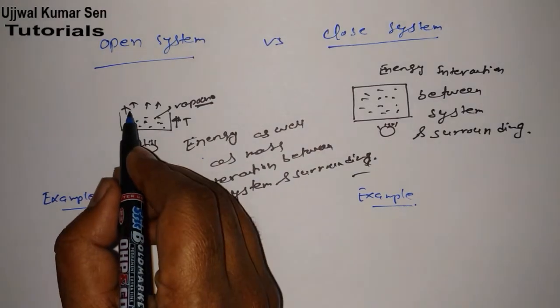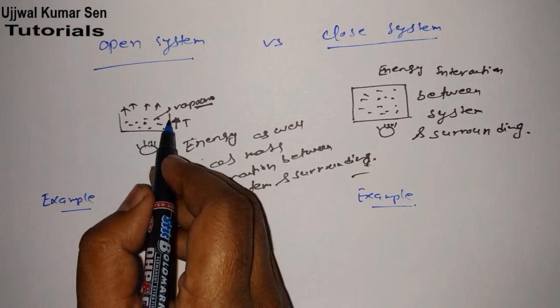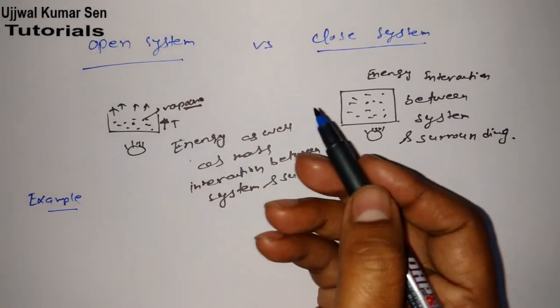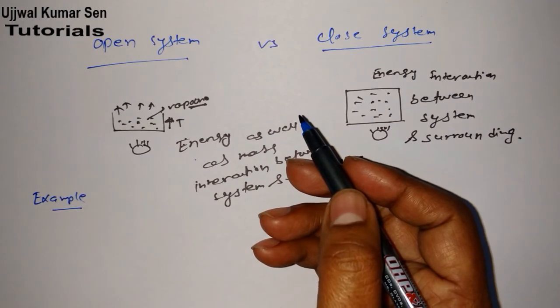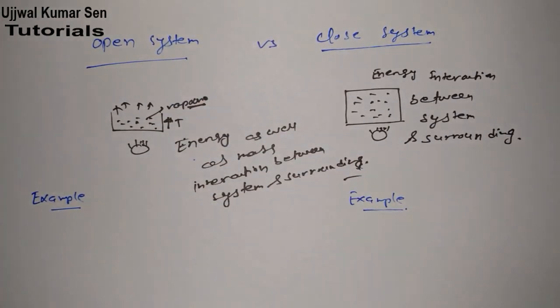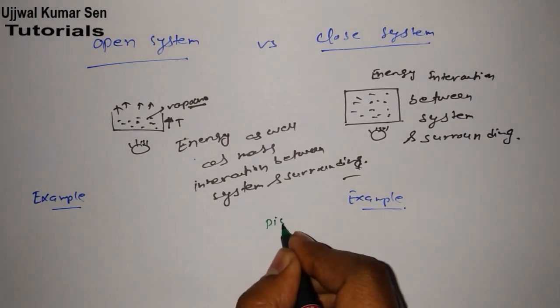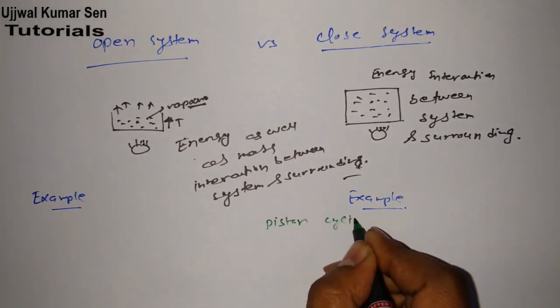Because if we put something on the saucepan, we think this is closed, but it is not properly closed, that's why the vapor will go outside. In that case, even vapor will go outside, that means that is an open system. But about a closed system, you can say that this is not a perfectly closed system. So in case you want to know a perfectly closed system in real life, I must say that a piston cylinder